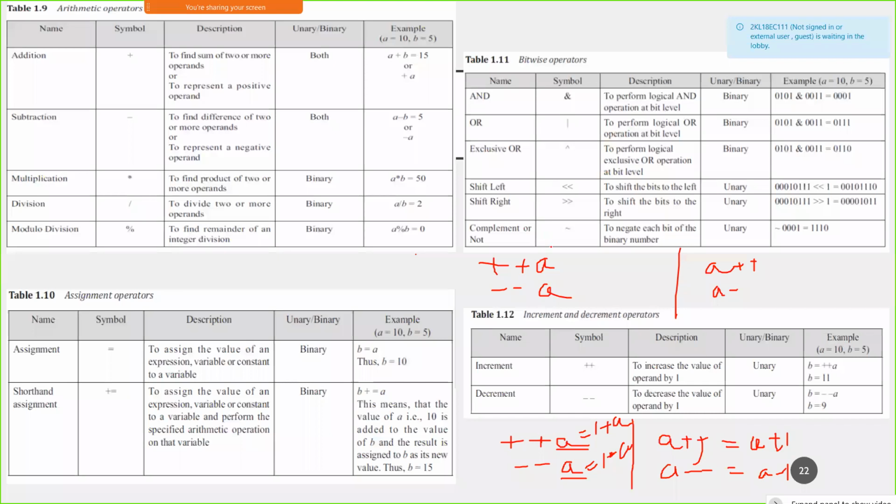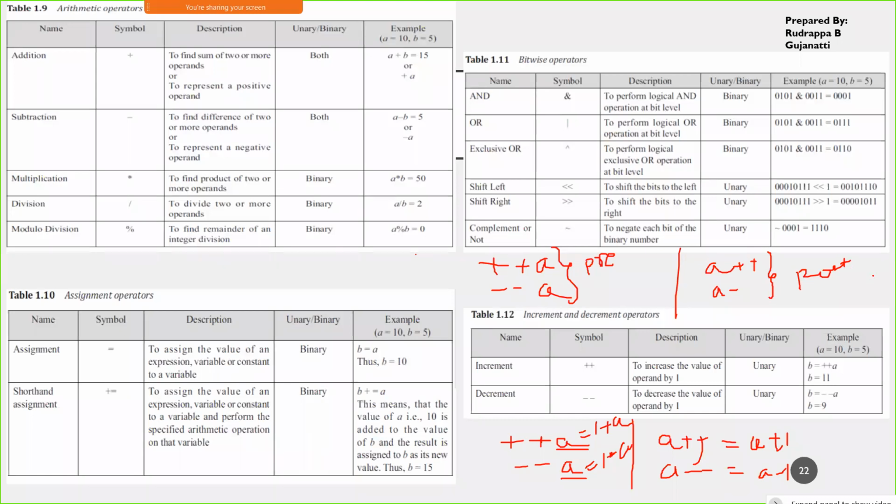This one is called the pre-increment or pre-decrement operator, and this one is called the post-increment or decrement operator.